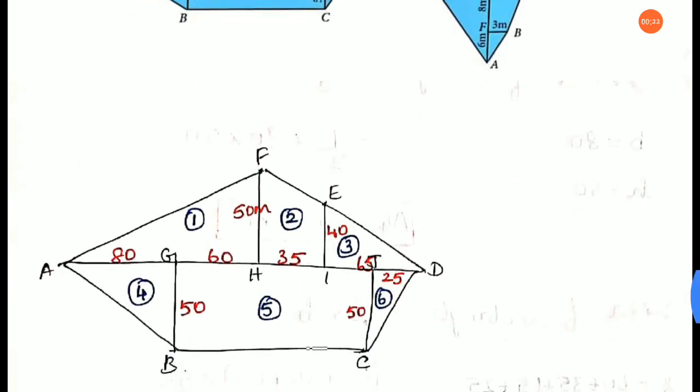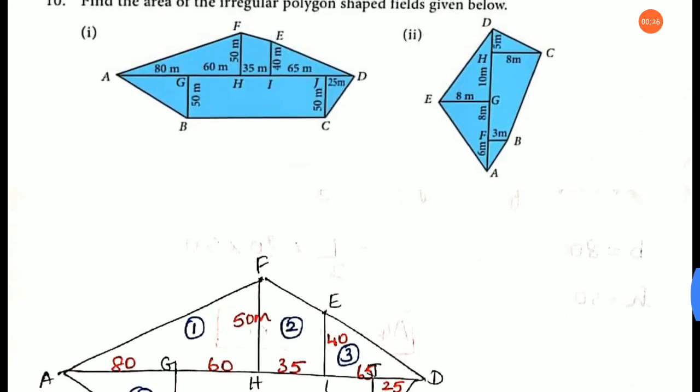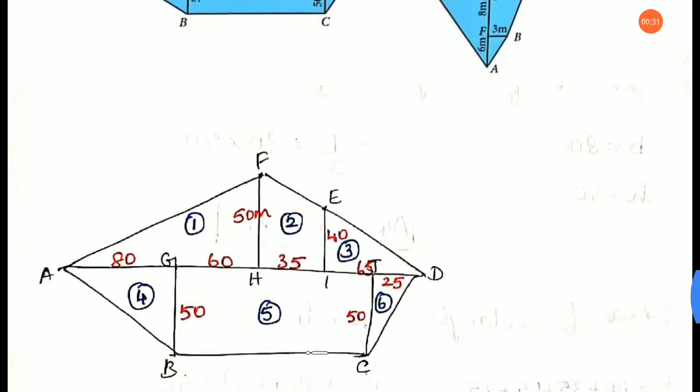First, you are going to draw this diagram and then write the known values they have given, and if there are some unknown values you can write those too. The parallel sides will have the same value, so you fill those in. Now before starting to solve this, just mention each shape as one number so that you won't miss any shape. So this part is first and this one is second, third, fourth, fifth and sixth.